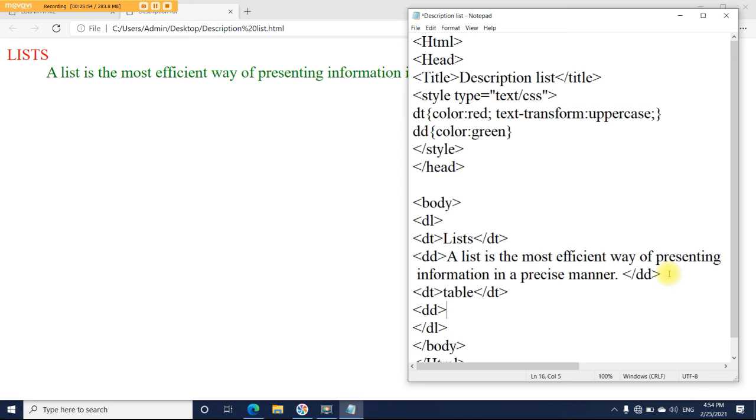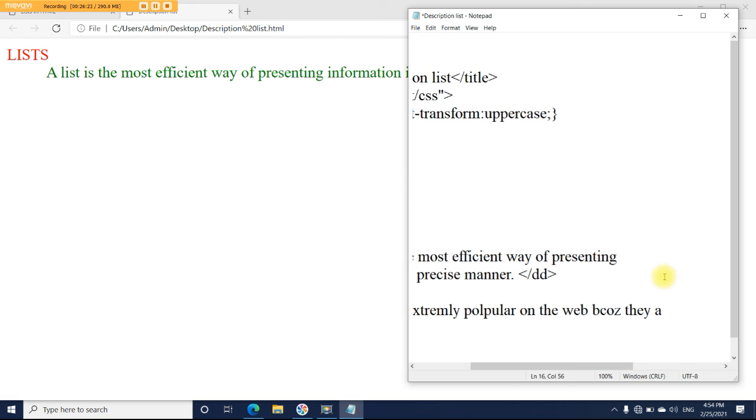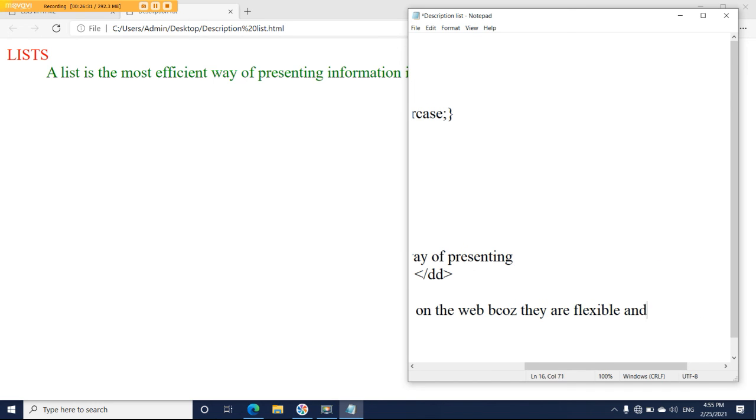DD: tables are extremely popular on the web because they are flexible and an attractive way of presenting information.